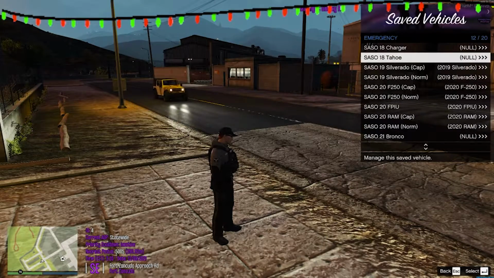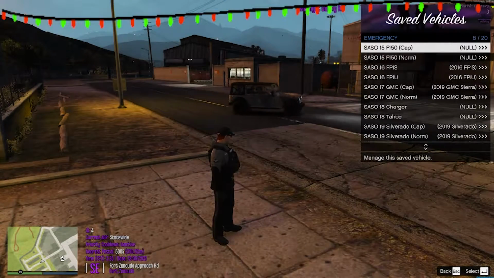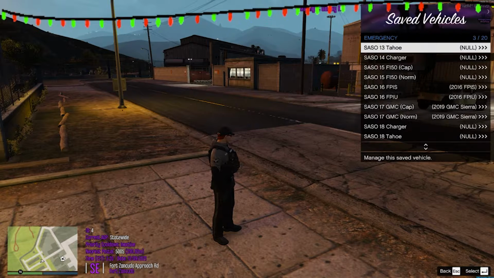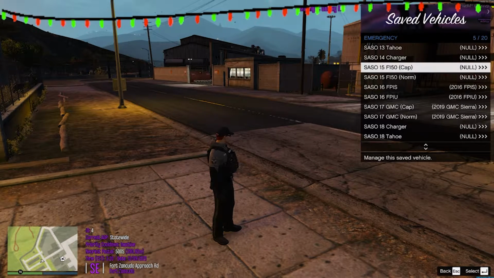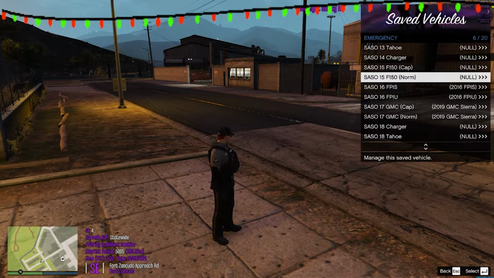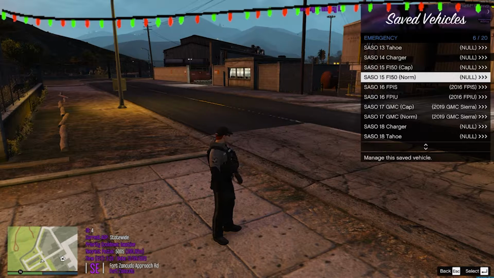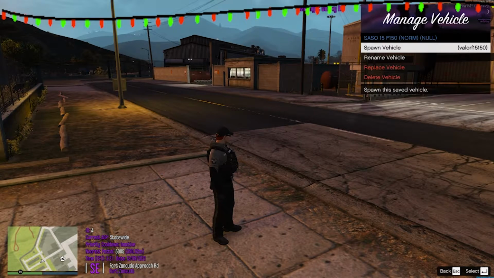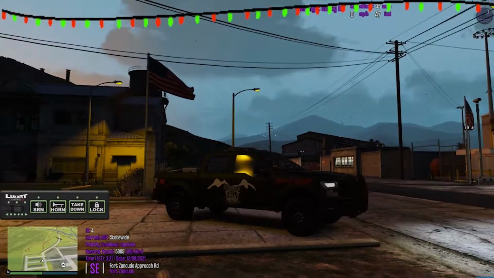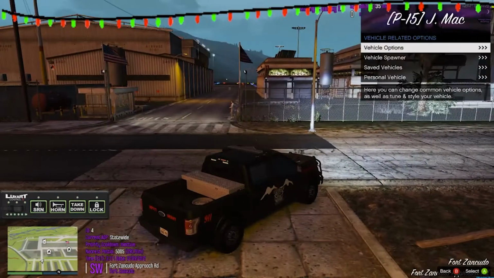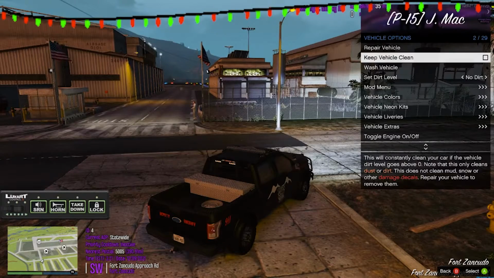I think what I'm going to do for this, for the Code 2 shot, or not the Code 2, but the Code 3, Code 2 or Code 3 thing, I'll probably do the F-150 here. I mean, it doesn't look the best, but it is decent, so we'll do that.